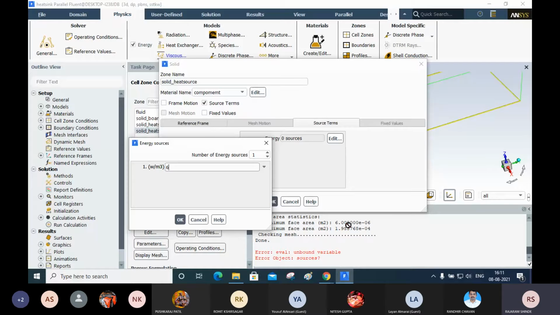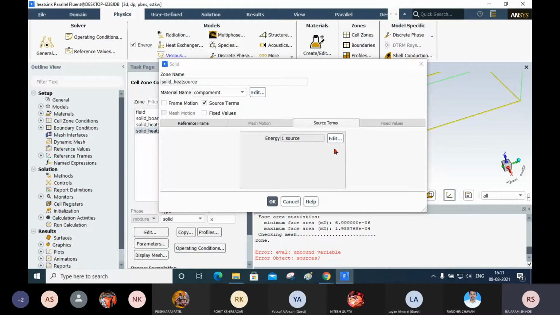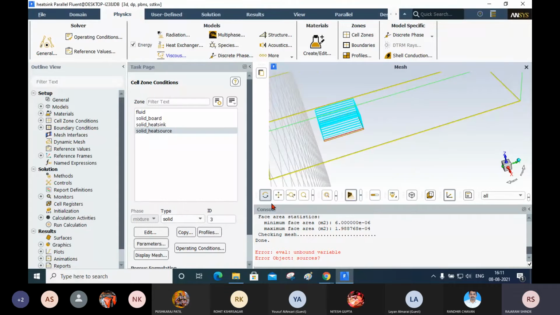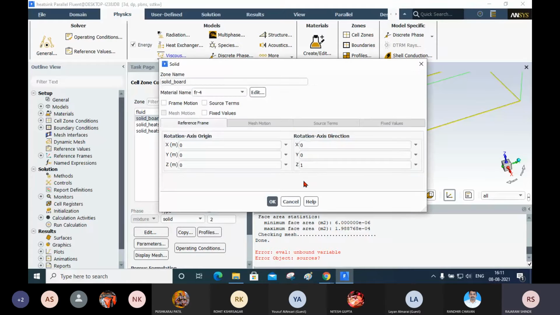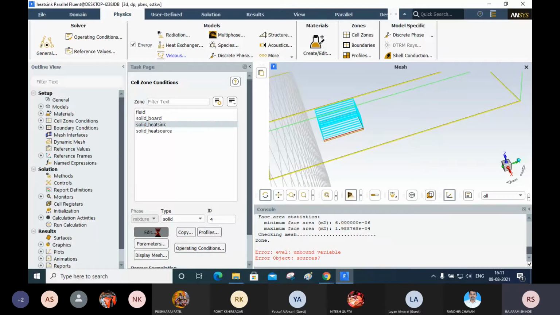I will check it. What is the value? I think it's 625,000. 635,000, am I right? Yes, 635. Yes, it is. Click OK. One source is there. I think I have done it. Why is it showing error? Okay, we'll check it. Here we have not added anything. Here also we have not added anything.